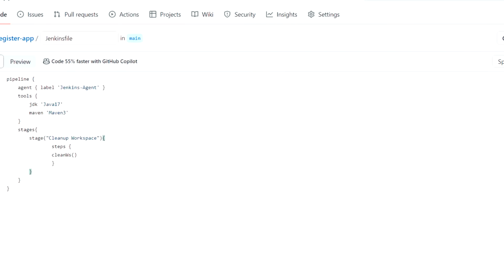Now I will go ahead and create our second stage, which would be checkout from SCM.